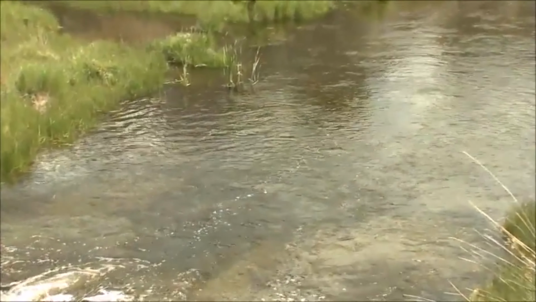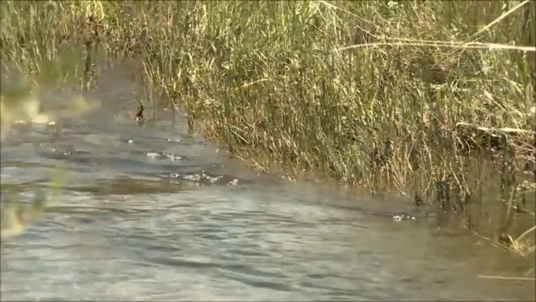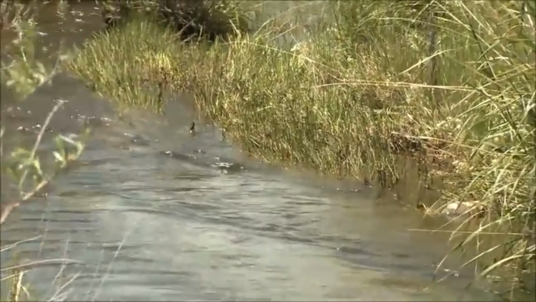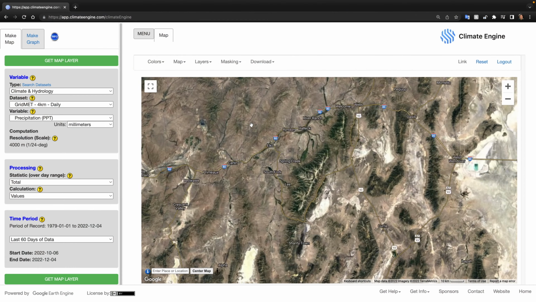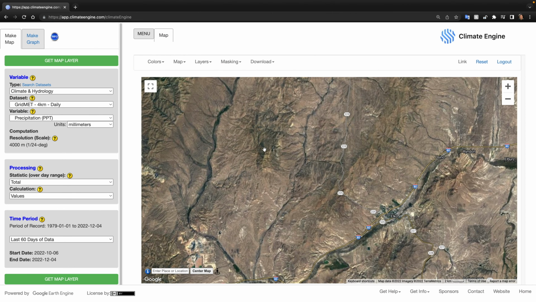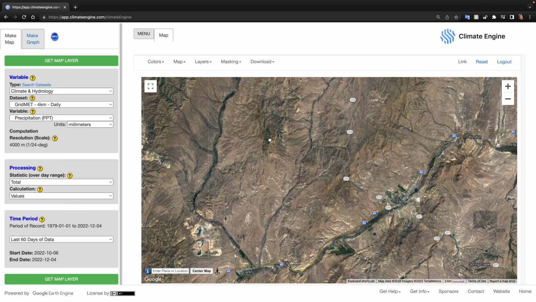For our demonstration, we're going to evaluate Susie Creek, a stream in northern Nevada that has received significant management and restoration attention in recent decades by numerous agencies, landowners, and organizations. We'll start by creating a map of NDVI vegetation health during the summer of 2022, which is essentially the current